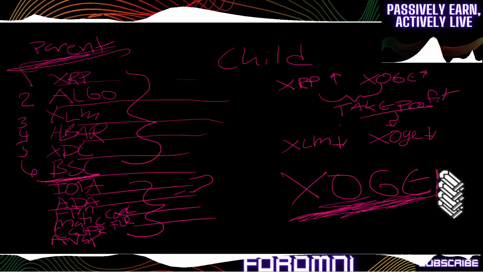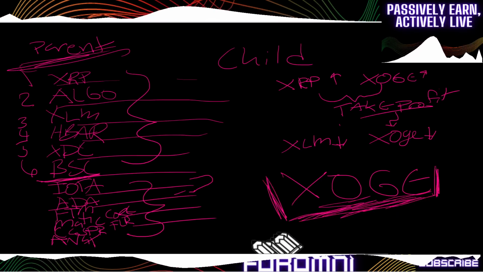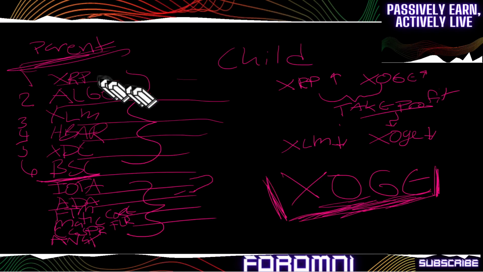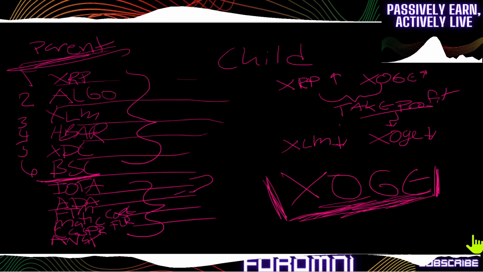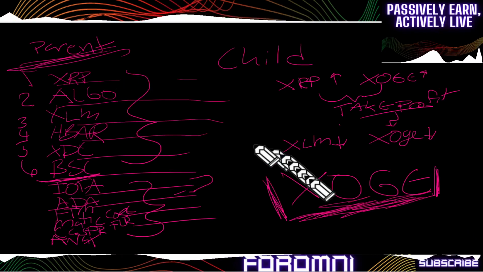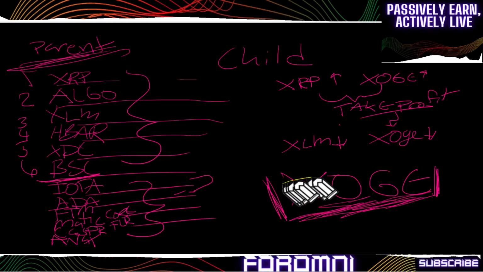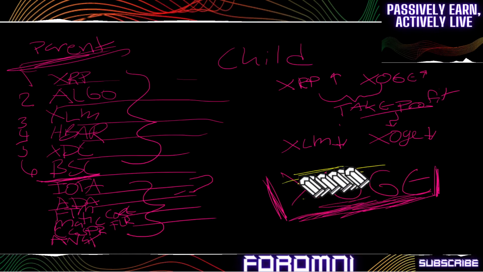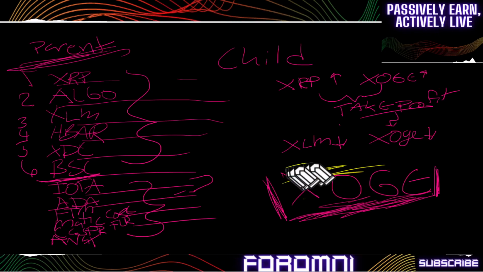Because you already know that Xoge has been vetted. Let me change the color right here so you can see it. You already know that Xoge, the asset, right? You've got the asset, you've got the founder, you've got the community, you have the know-how. Because the community is laying, so Classy lays the foundation, and then the community, like myself, is working with it and trying to share it with others and show people the way, right?